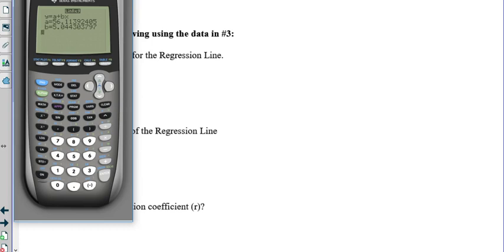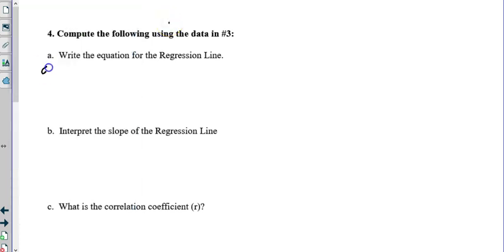So for this one, we have A is 56.11, B is 5.04, R squared is 0.72, which should be on your calculators, and R is 0.85. Unfortunately, this one resets the diagnostics, and you have to turn it on. So all this important information should be on your calculator right now.